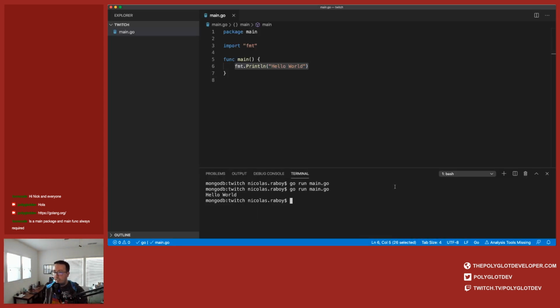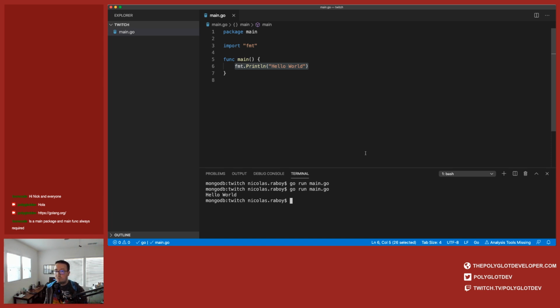Locke is asking, is a main package and a main function always required? If you want code that runs, and this is to my knowledge, I could be wrong on this, if you want to be able to run your application, you would need a main function. But if you're developing, say, a library or package, you shouldn't need a main function.